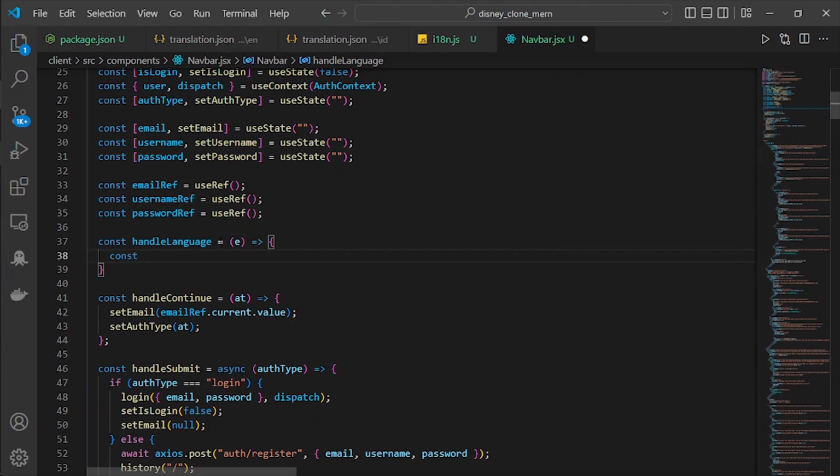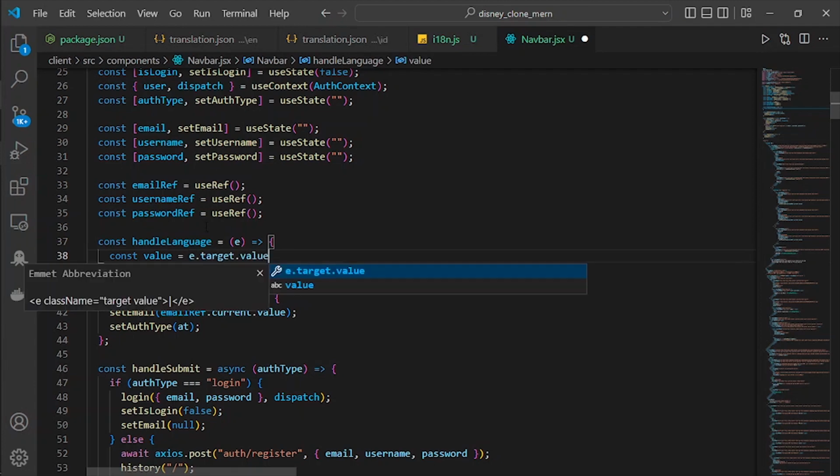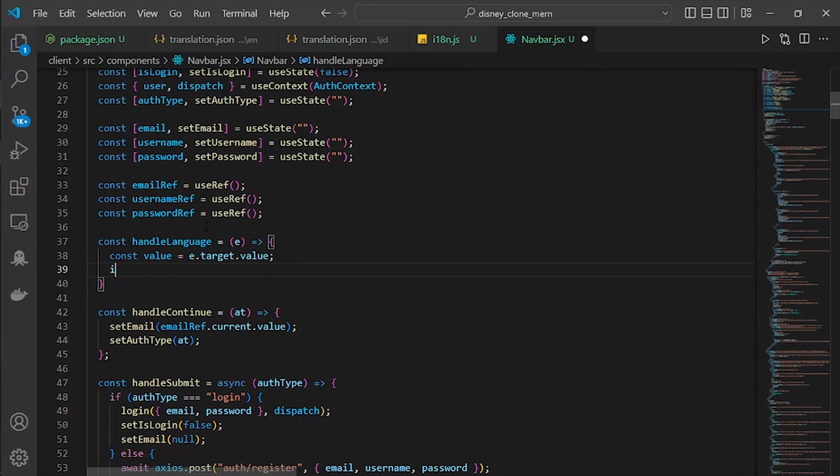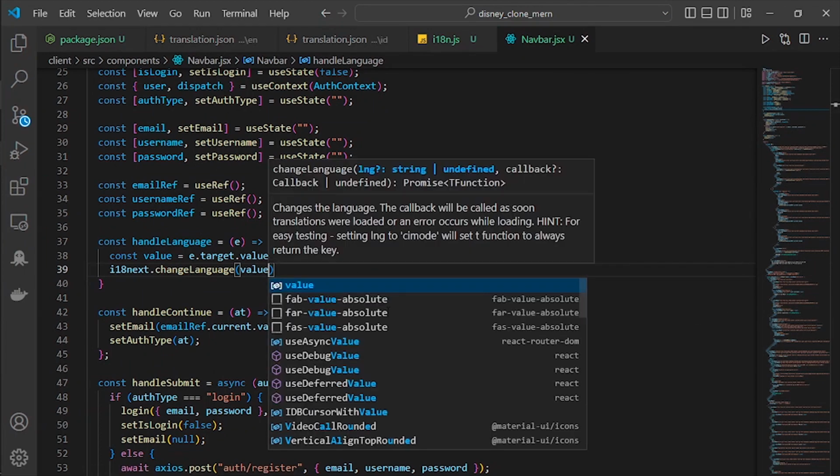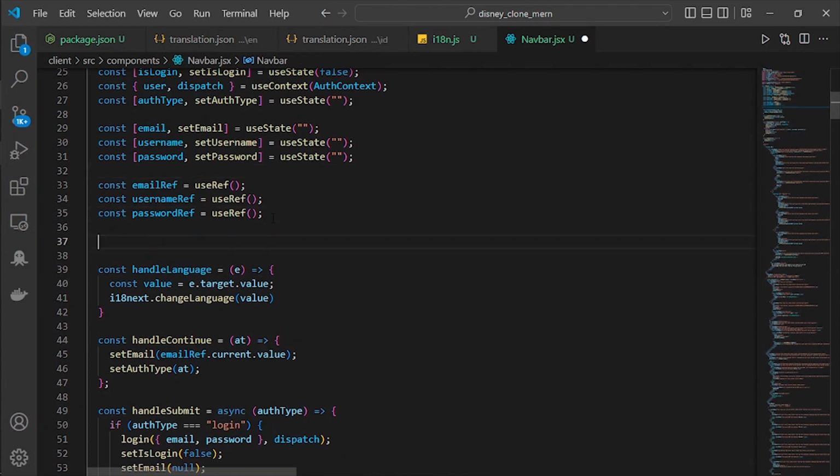And then for the value, it's going to be const value e dot target dot value, and then here we are going to change the i18next dot changeLanguage to be the value. Let's save it, and in here we are going to make a new const. So below of this paragraph we'll have const, and then here t is equal to use